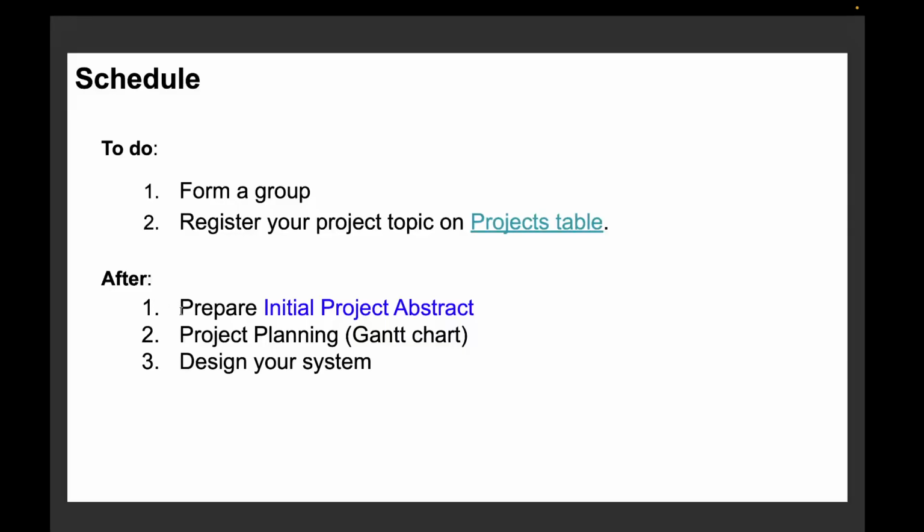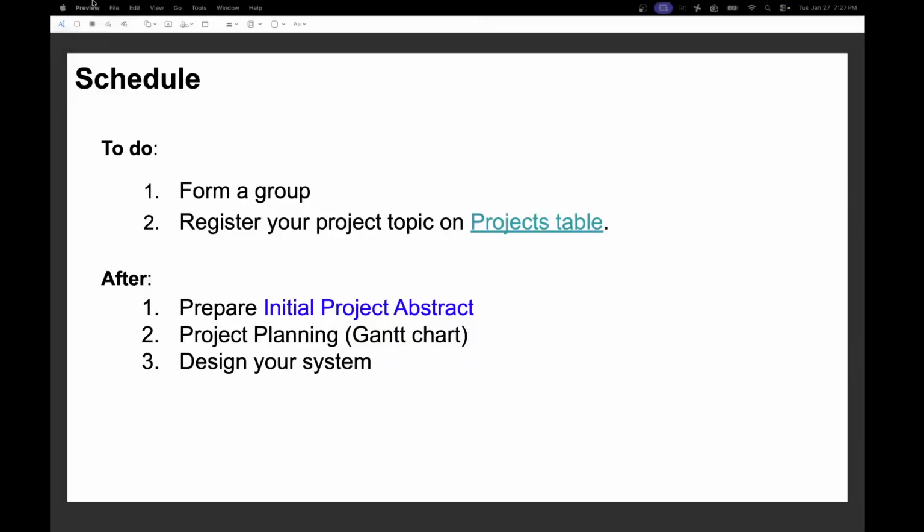And then after that, you need to prepare the project abstract. It's an initial project abstract. You need to follow the requirements to submit the abstract. Then make the Gantt chart. After that, you should design your system, because after that it's going to be the system design presentation. Okay, this is about the